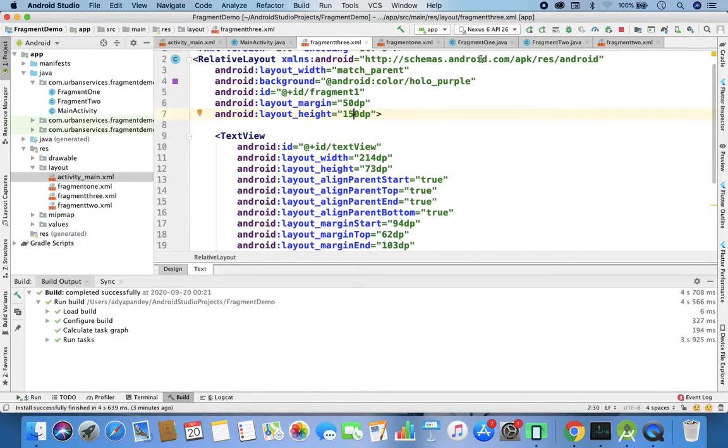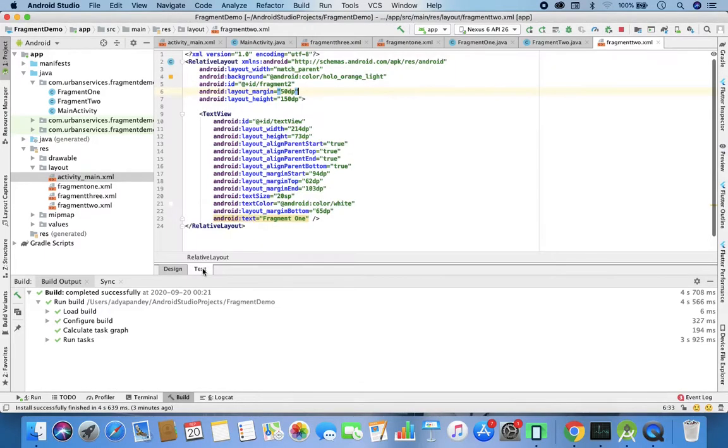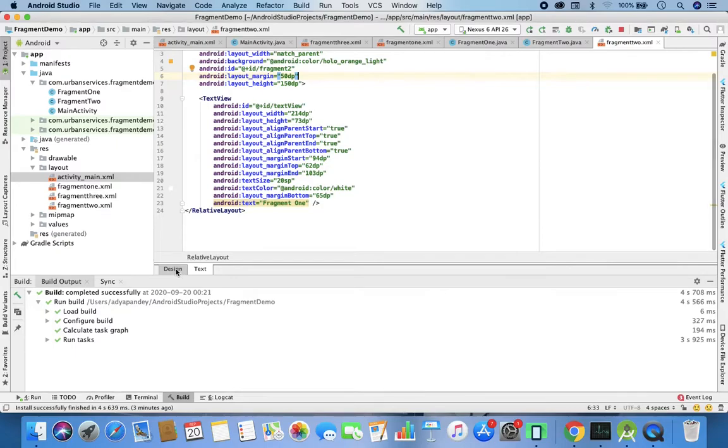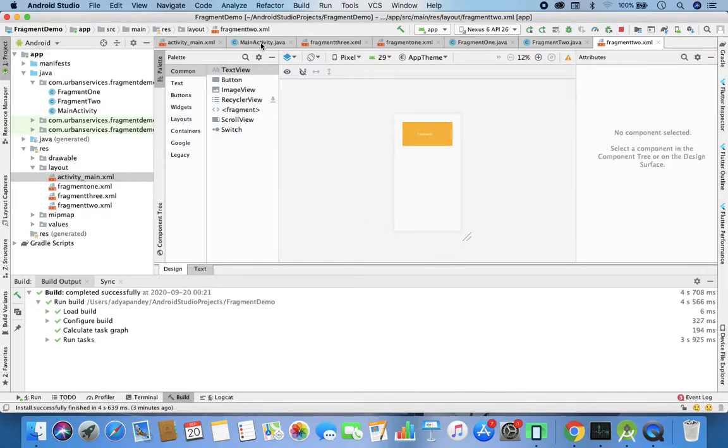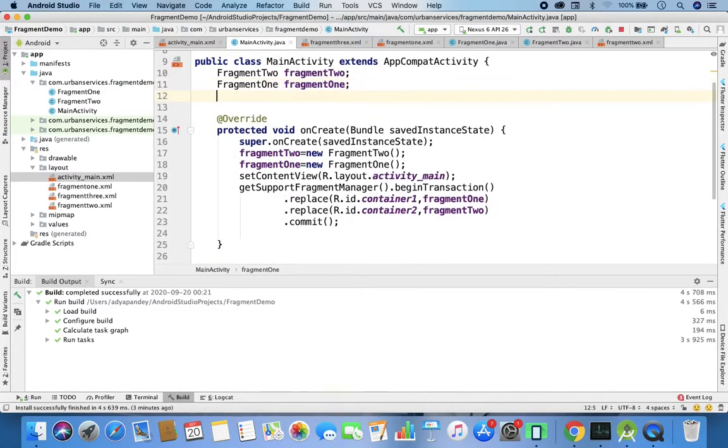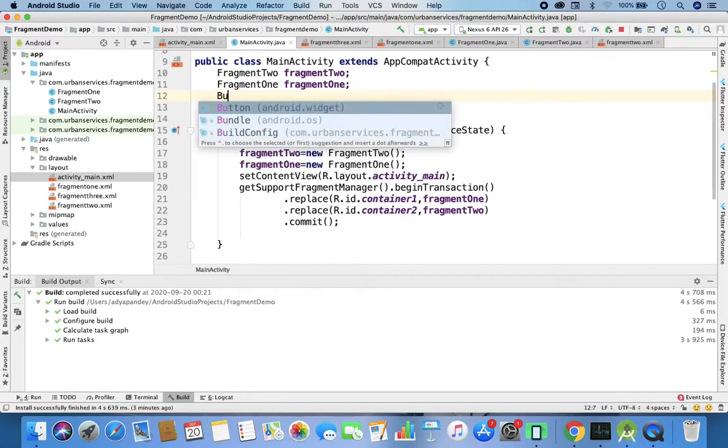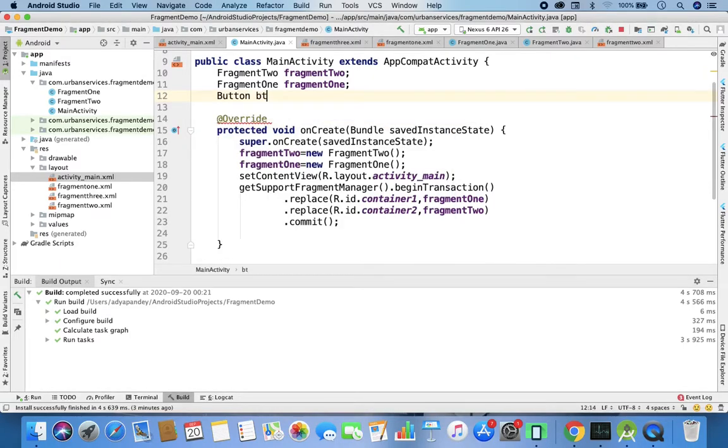Okay, 2 is the yellow and 3 is the purple. Now I think you understand, because by default the first and second are there already, and when you click on the button then the third one will replace the second. I have already created the objects of the two fragments. Now first let me instantiate this